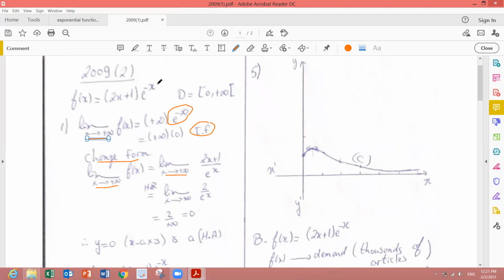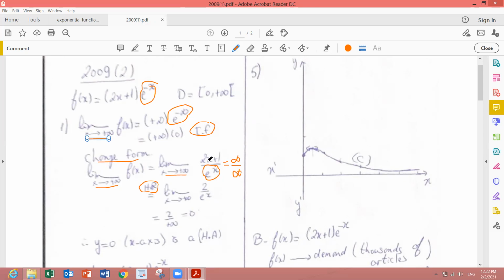We take e to the minus x and put it down in the denominator, changing its sign, so it becomes e to the x. It will be infinity over infinity by replacing x by infinity: 2 times infinity is infinity, e to the infinity is infinity. So by applying L'Hopital's rule, we will get